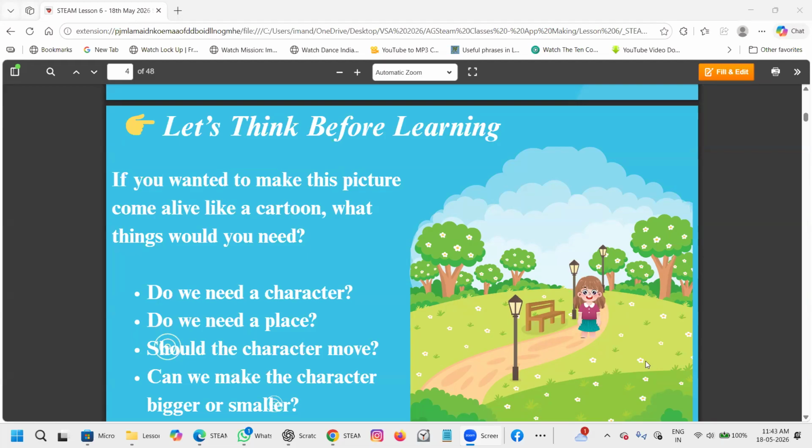Just imagine, close your eyes, and you look to that place where there is nothing but the girl just standing there. There is no park. The girl is just standing there. So did you like that place? Samira, why did you like that place? Bibi says no. Fahima says no. Yes. Samira, why did you like that place? There is nothing over there. And you still like that place. Why?